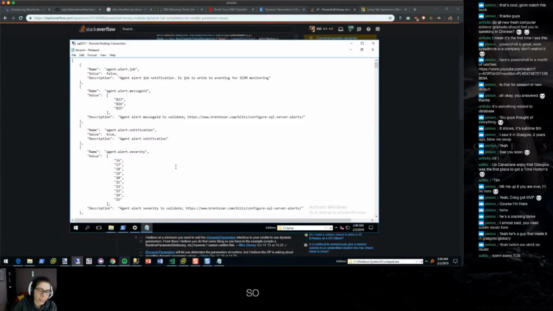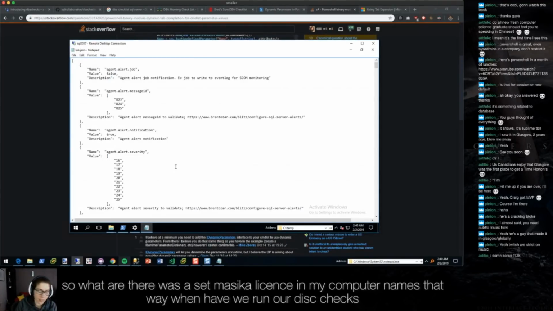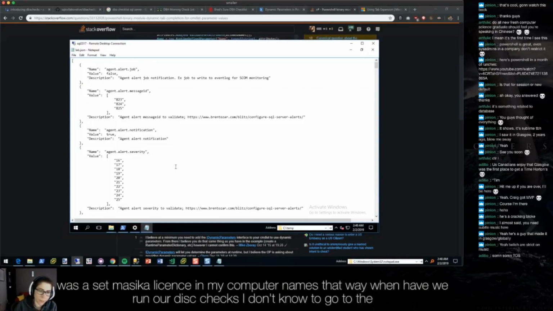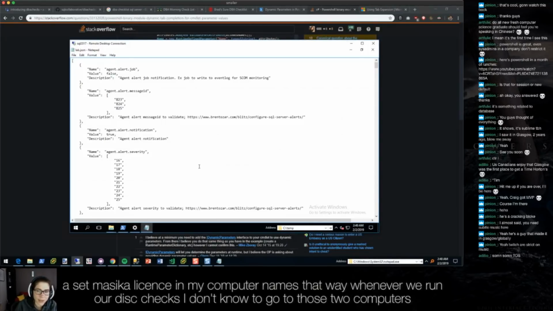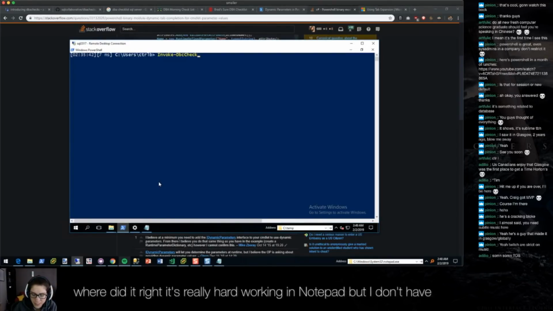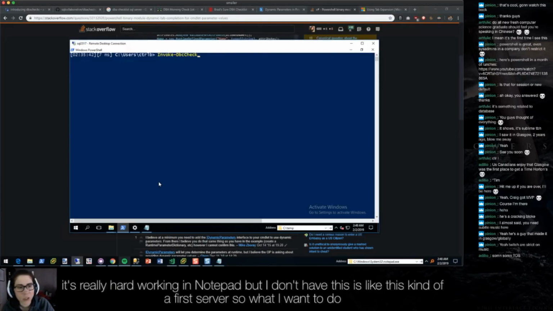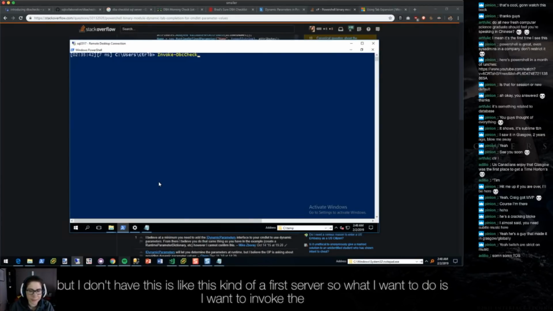So what I did was I set my SQL instance and my computer names. That way, whenever we run our disk checks, it'll know to go to those two computers. And hopefully I did it right. It's really hard working in Notepad, but this is just kind of a fresh server. So what I want to do is invoke dbcheck